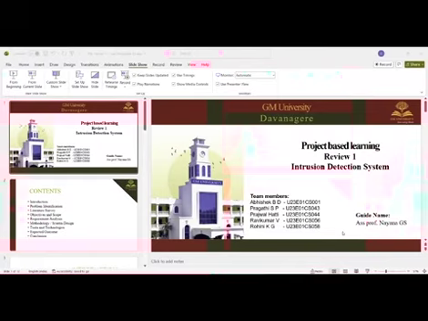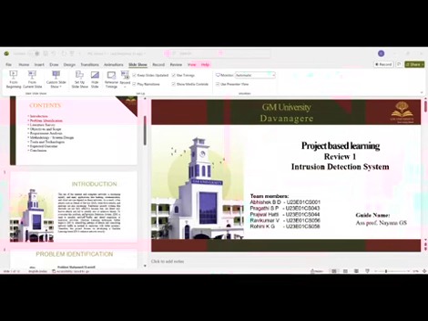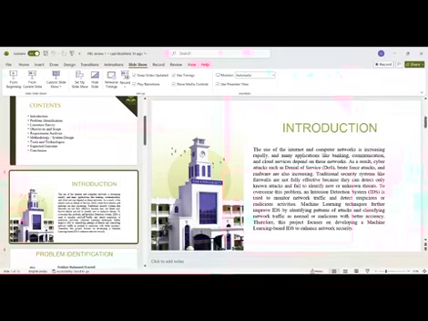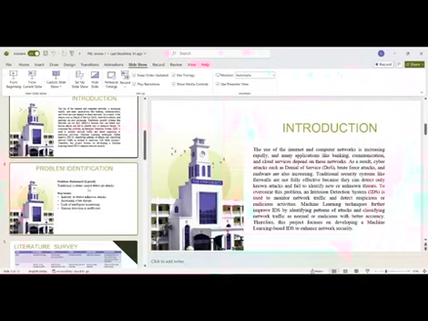Hello everyone. Today I am going to present a topic on Intrusion Detection System, commonly known as IDS. Introduction. In today's digital world, the use of the internet and computer networks is growing rapidly. Almost every sector, such as banking, education, healthcare, and cloud computing, depends heavily on secure network communication. However, with this growth, cyber threats like unauthorized access, malware attacks, denial of service attacks, and data breaches are also